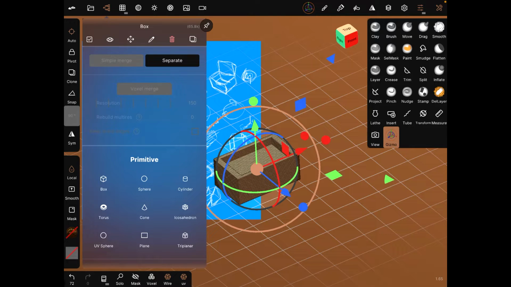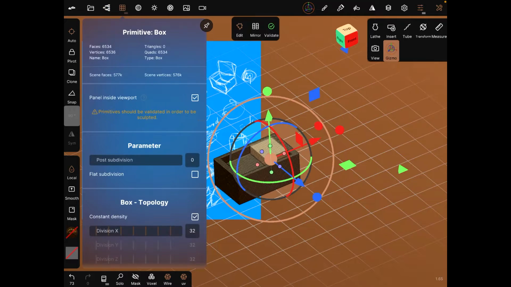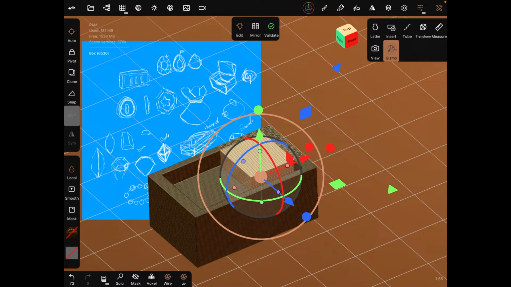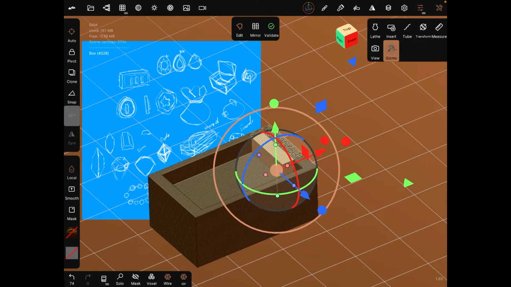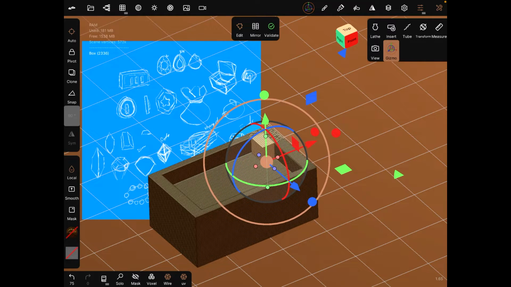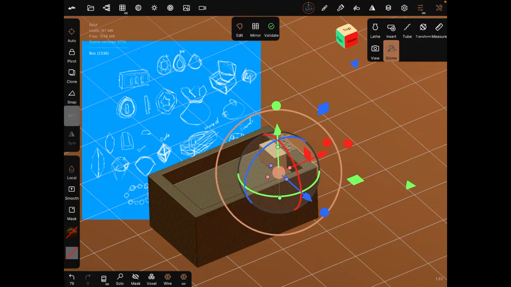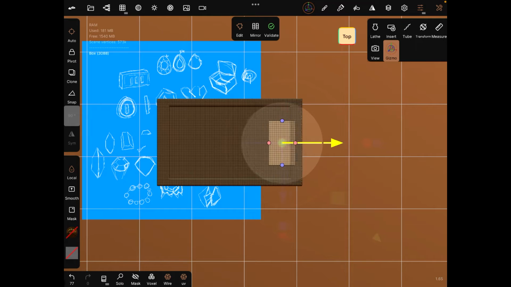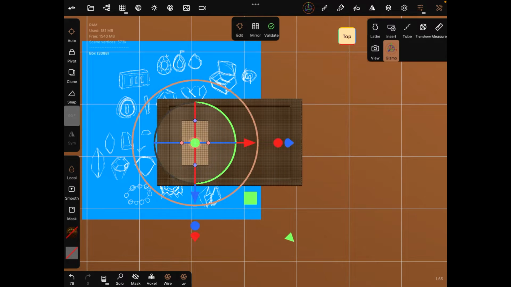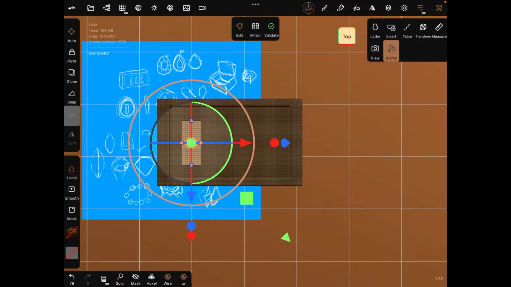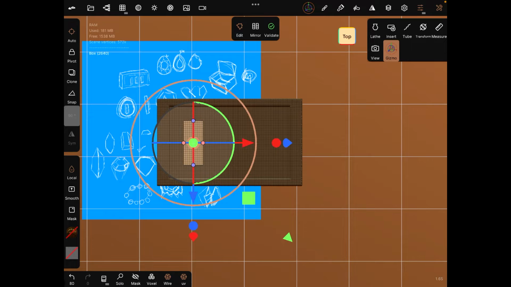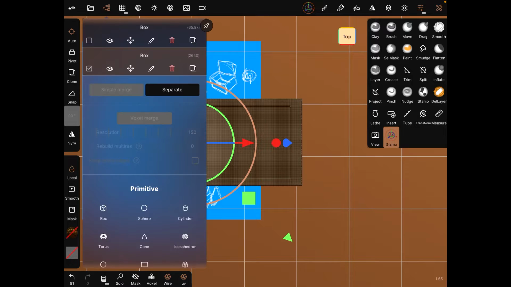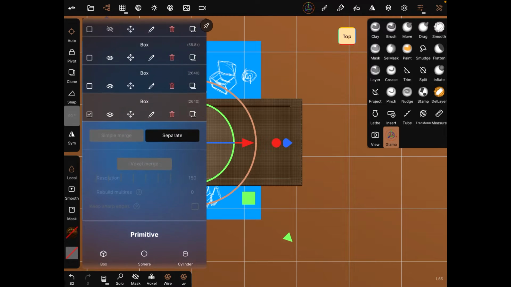And then we can add another cylinder, make it super thin like this. Go to top. Okay, that's not bad. All right. And then a little smaller. And then we can kind of line it up as best we can. So validate and duplicate